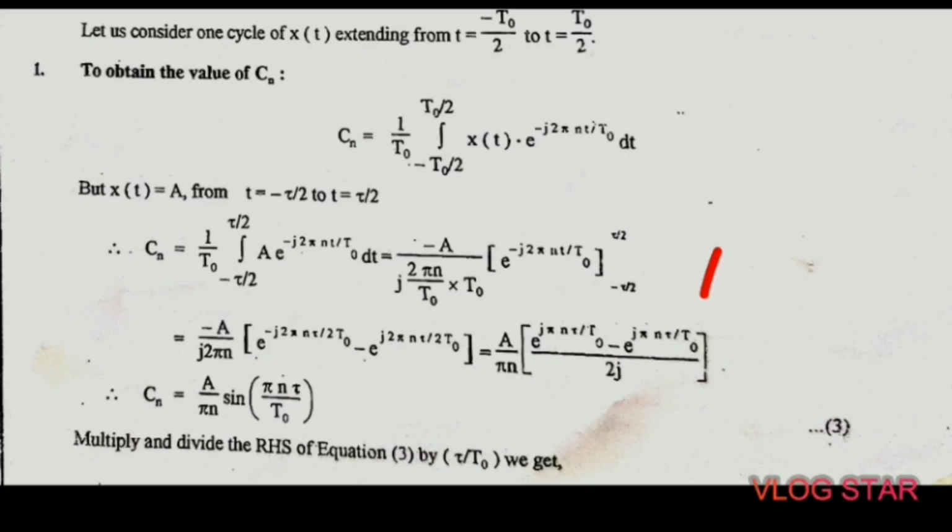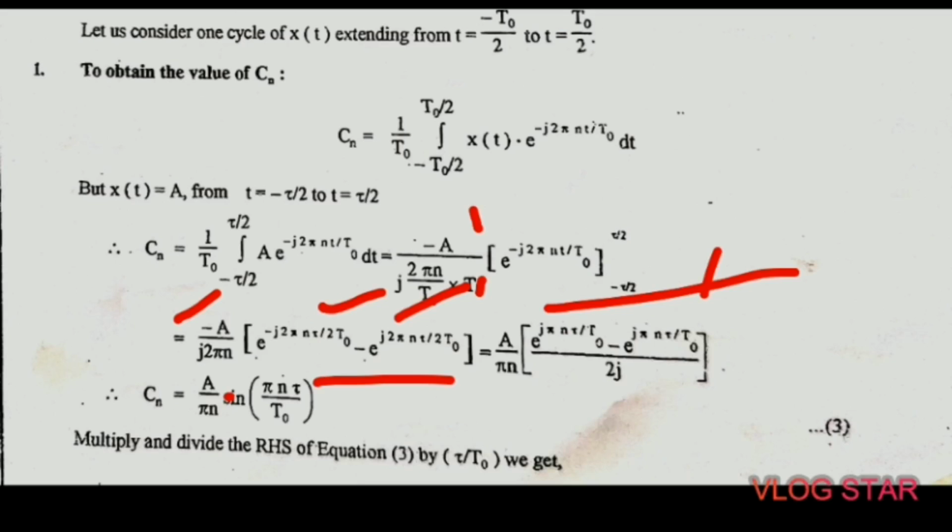Okay, so after that we have to just cancel the common term, that is the t0 and t0 get cancelled here, and the remaining term at the denominator side is j into 2 pi n as it is. Numerator term is minus of a, take as it is, and then we have to put just higher limits minus lower limits values. Then the equation becomes e raised to minus of j 2 pi n tau upon 2 t0 minus of e raised to j 2 pi n tau divided by 2 of t0.